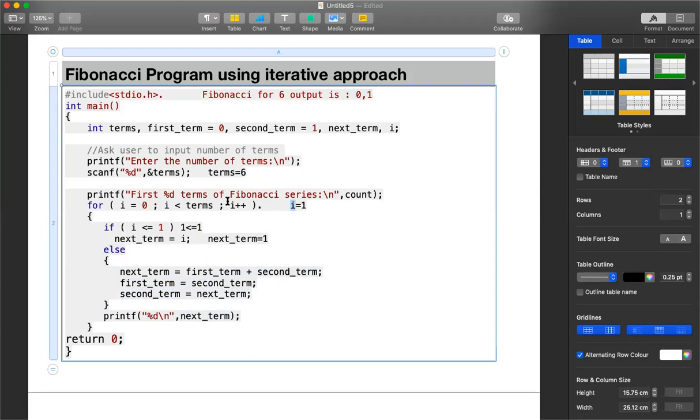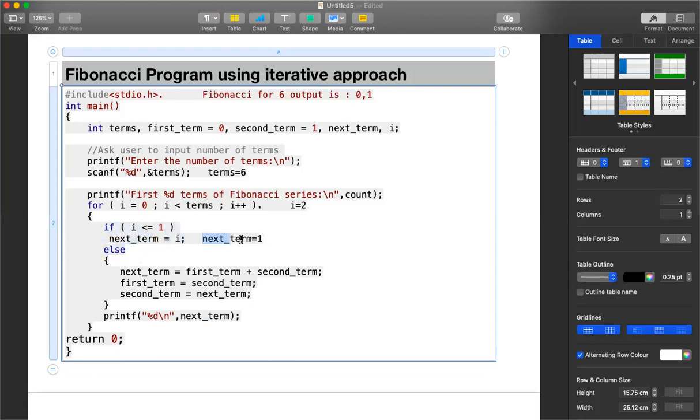Now I is again incremented. So I plus plus will make the I value 2. And then it comes here and checks this condition. Yes, 2 is less than 6. It is true. Now it goes to the if condition first. What is the current I value? Current I value is 2. It is tested with 2 is less than or equal to 1. Is 2 less than or equal to 1? That is false. If it is false, carefully observe, it will not go to the if block. It will go to the else block.